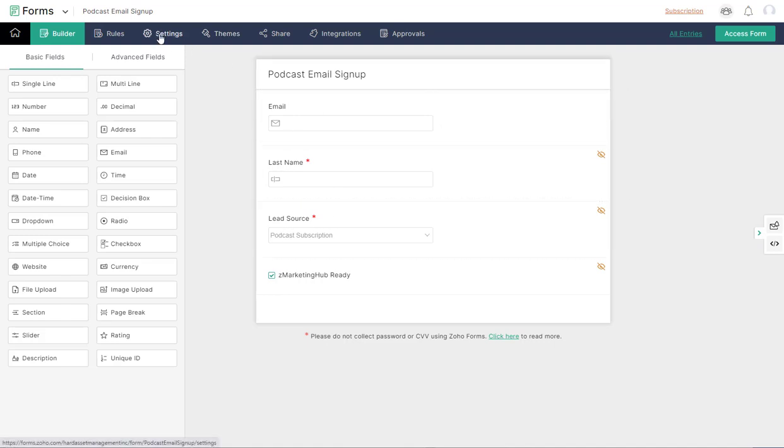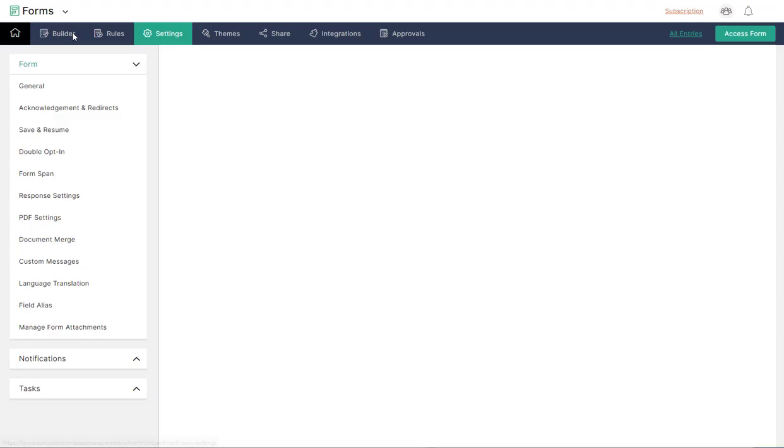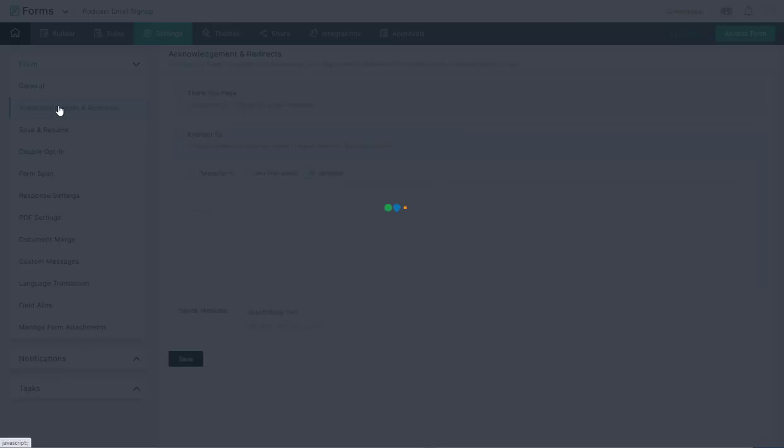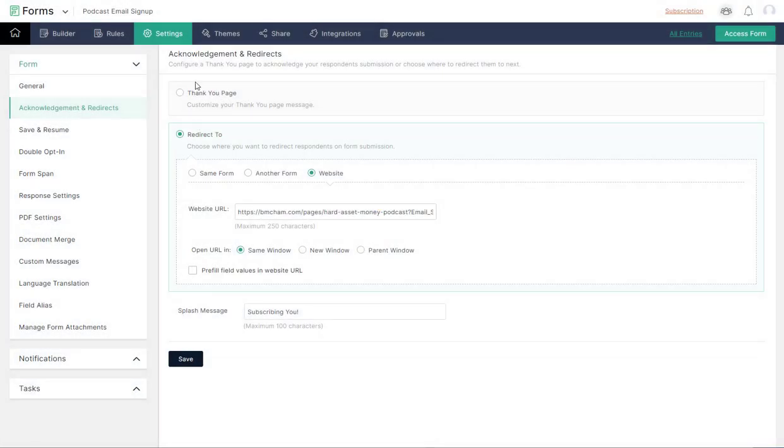We've built our form, and we're going to come in here to settings, acknowledgements and redirects, and we're going to choose redirect to, and you'll see this is the exact same URL of the page that has that sign up form, but we have this little bit after it: